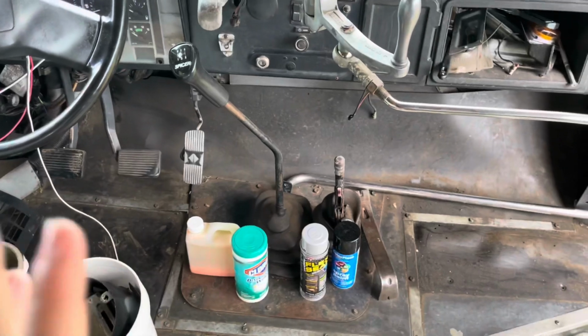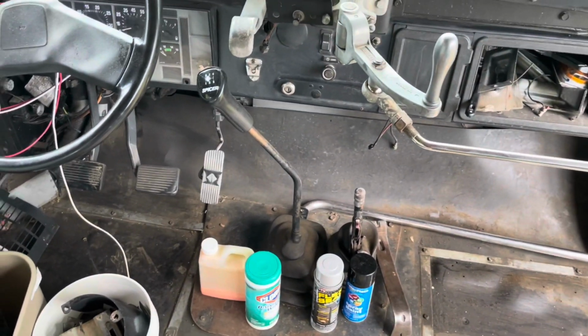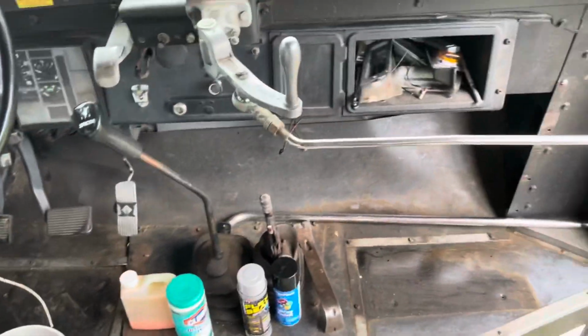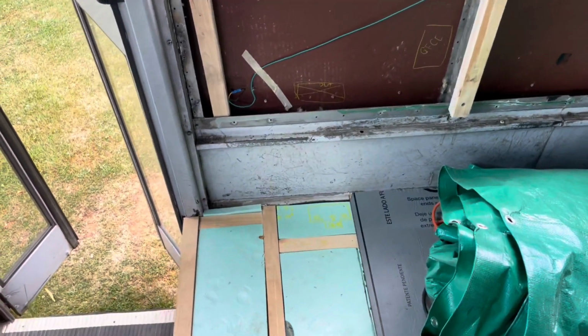I think what I'm going to do eventually though is put a little bit of insulation on that back wall there to try to cut down on some heat and some engine noise while I'm driving, or if I need to crank the bus up while I'm stationary, which reminds me I need to crank the bus up before the battery doesn't work anymore. Anyways,